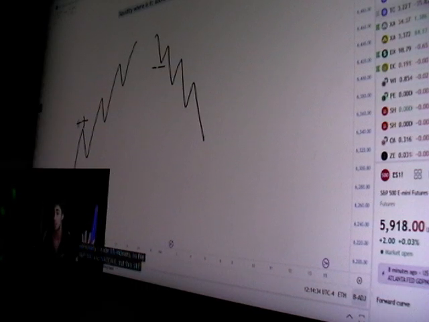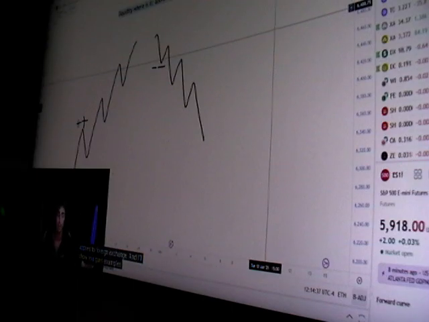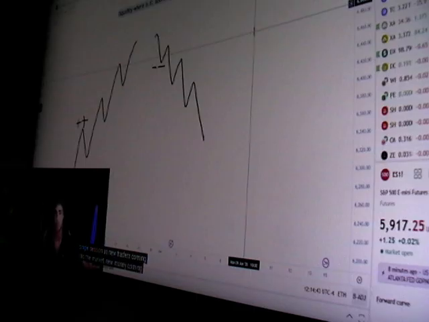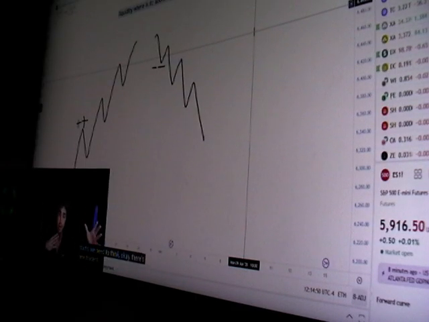I trade U.S. indexes, so the S&P 500 and NASDAQ. But this still applies to foreign exchange, and I'll show you guys examples of this happening as well. We need to think of every single session as new traders coming into the market, new money coming into the market. So when Asian session starts, we need to think, okay, there's new traders coming into the market.